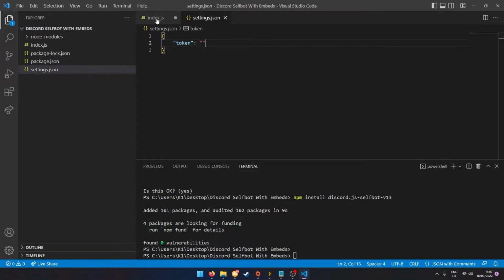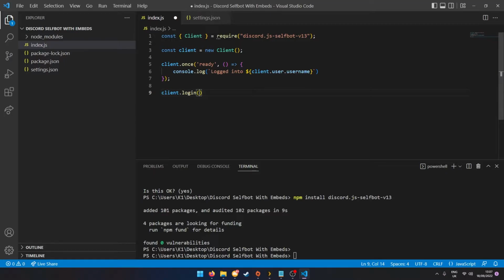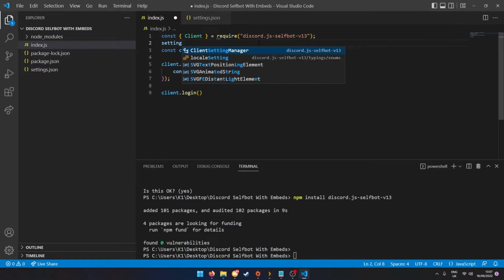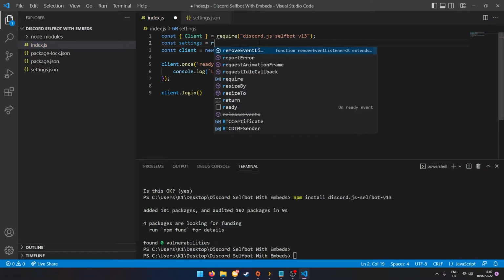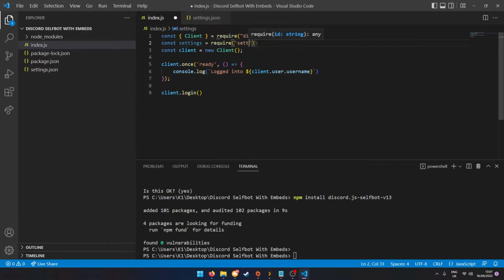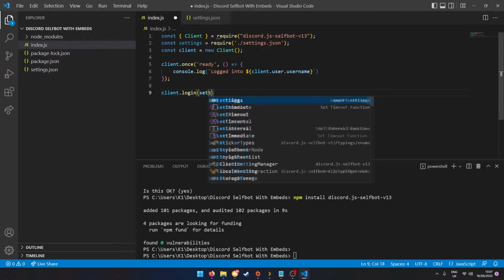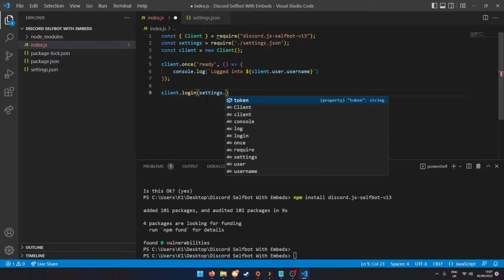Now we can just save it. We'll go back to it in a minute. Up here, we're going to type in const settings equals require, then /settings. If you want, you can call this config, or whatever you want. It doesn't really matter. Then down here, you can do settings, and it will autocomplete .token,